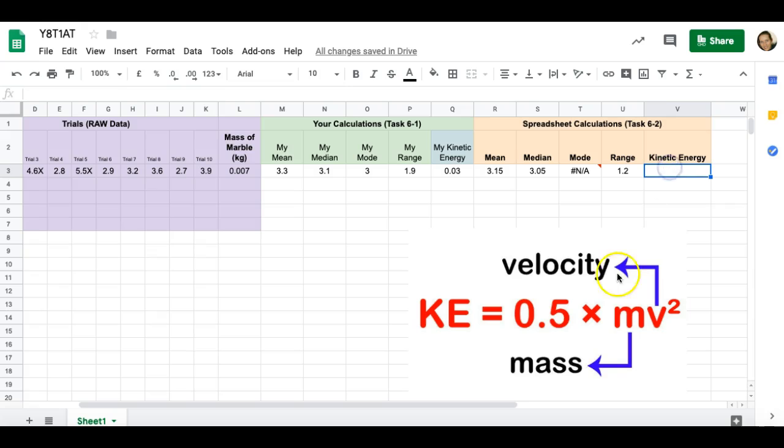Kinetic energy. I've given you the equation here again to remember. It's simply half of whatever my mass is times my velocity squared. We just have to tell it what's the mass and what's the velocity. Okay? So I'm going to show you how to type this in, because it's the squared bit that gets people